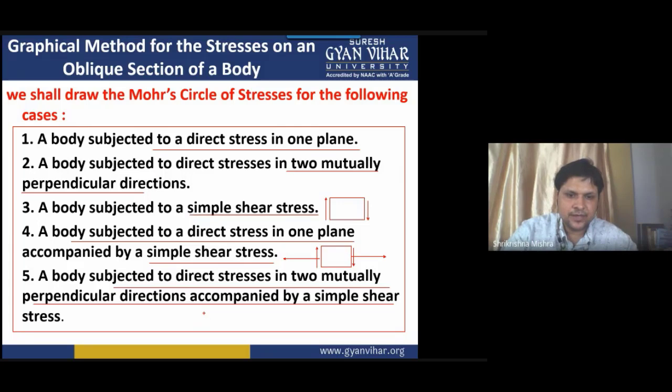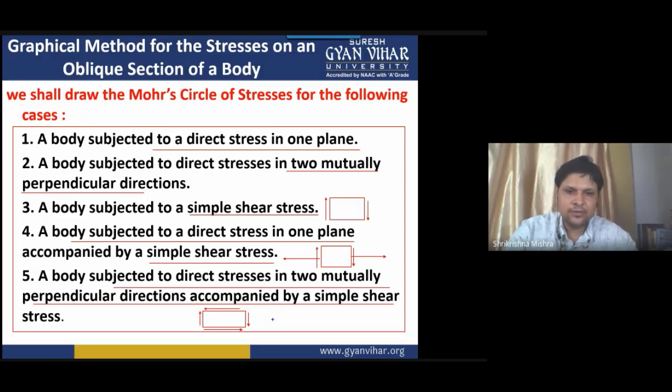That is the case in which you have the shear stress acting along the plane, and due to it you have one complementary shear stress acting in the opposite direction. This complementary shear stress is due to the law of pure shear stress, that in order to balance a shear stress, you always put a stress in the opposite direction. So if the stress acting is clockwise, you always put a complementary shear stress in the anti-clockwise direction.